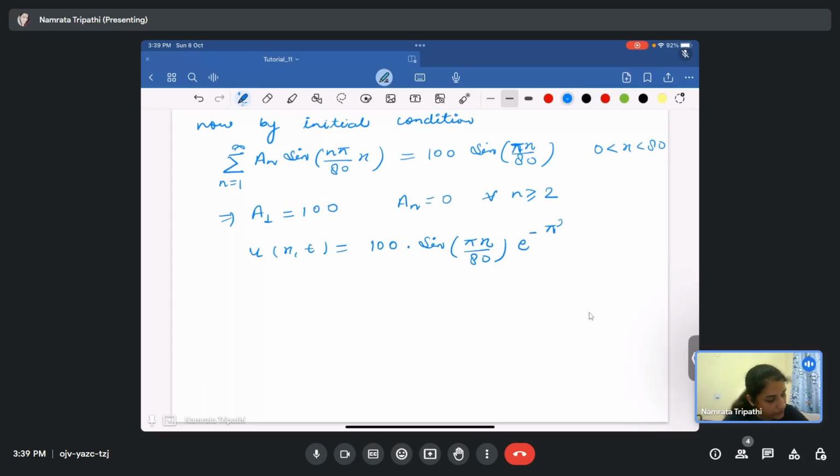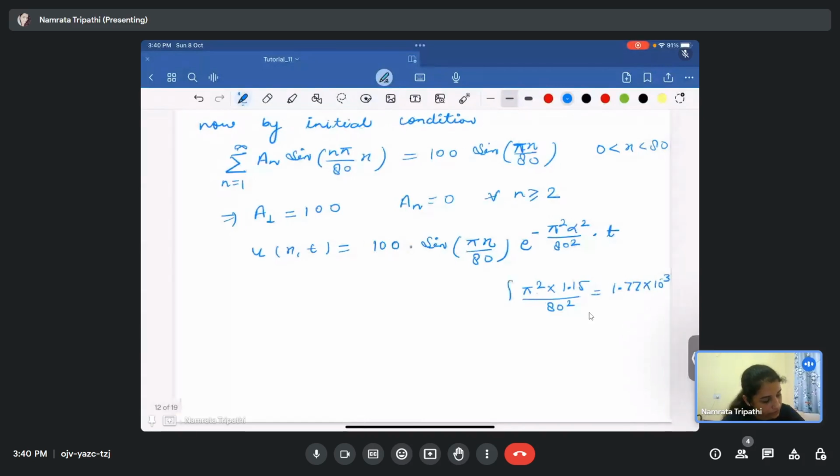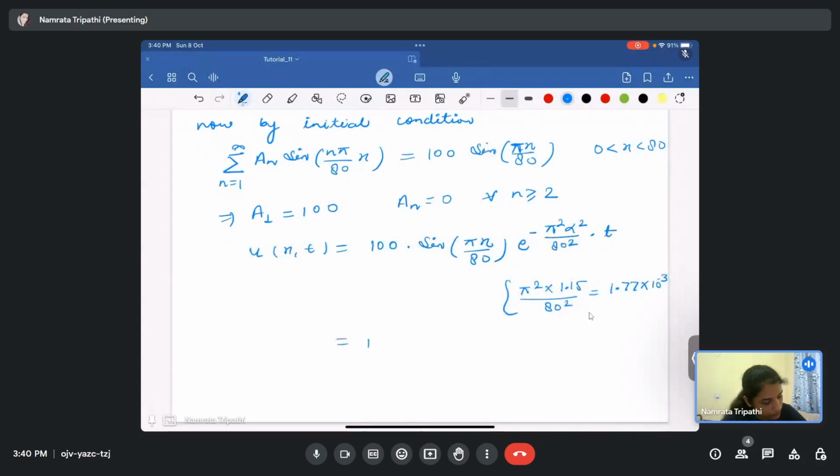Okay, you can check π square into 1.15 into 80 square. You can check the calculation. So we can write